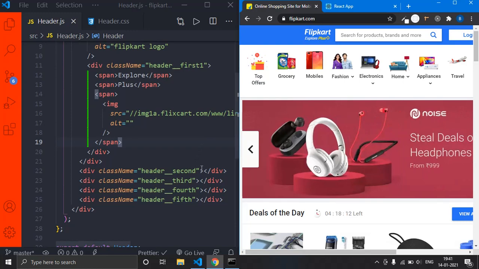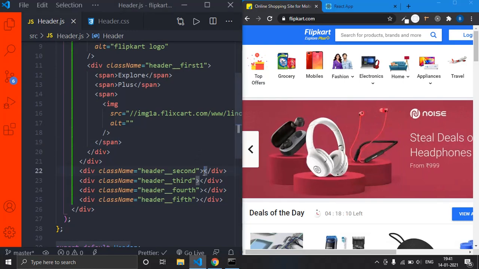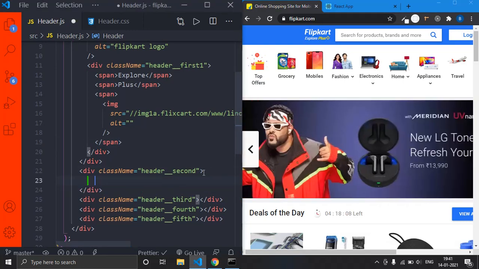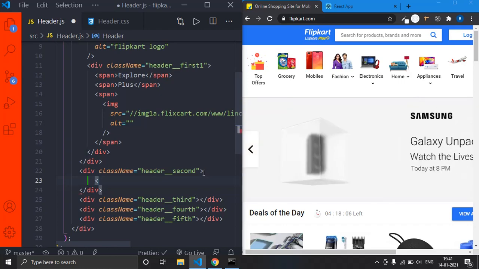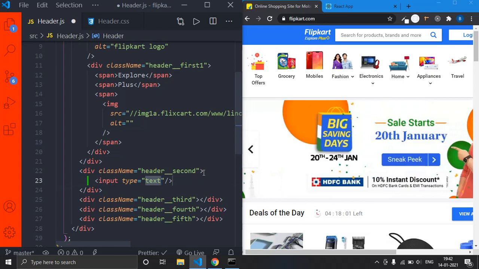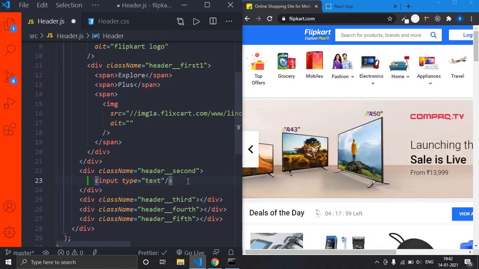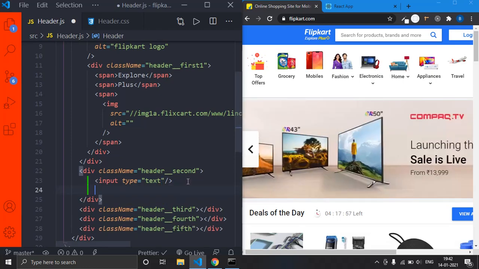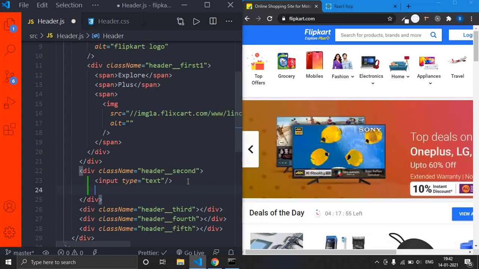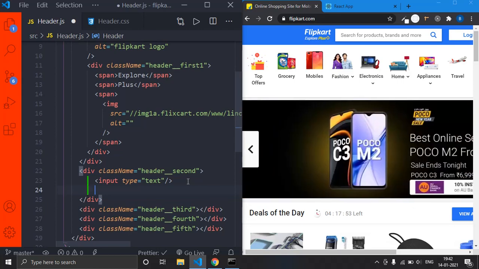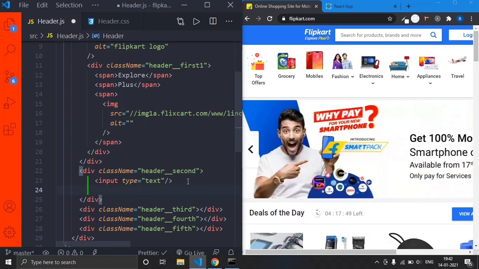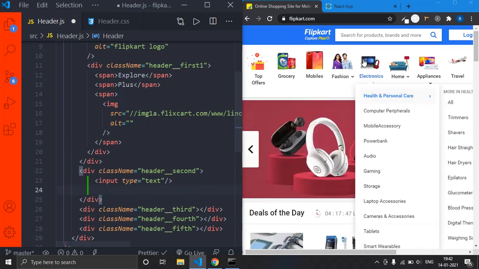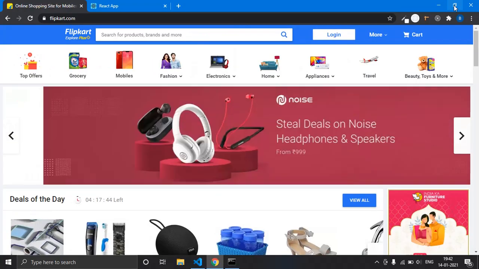Now coming to the second part, see there we have a search bar, right? So in order to get the search bar, we use input, right? So just type in input and just press tab, and next to the input we also have a search icon, right? So now I said that we will use material UI for icons, right? But how to get those icons? Okay, now I'll just show quickly how to get those icons.